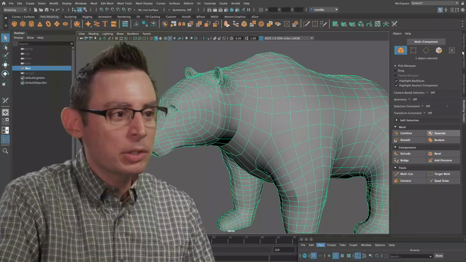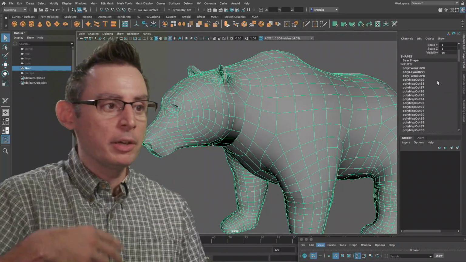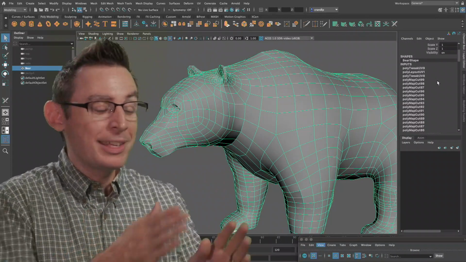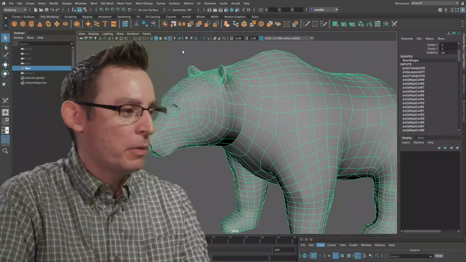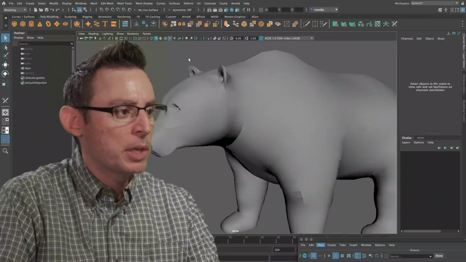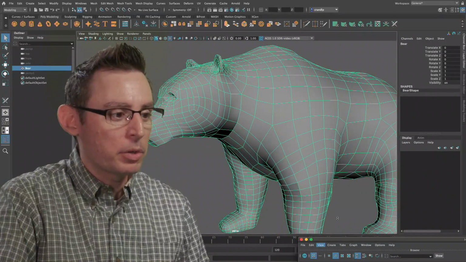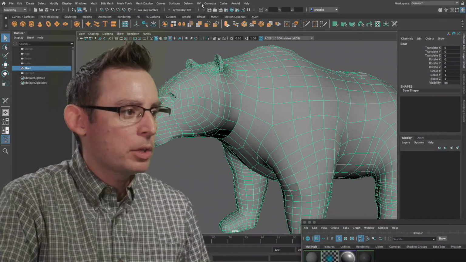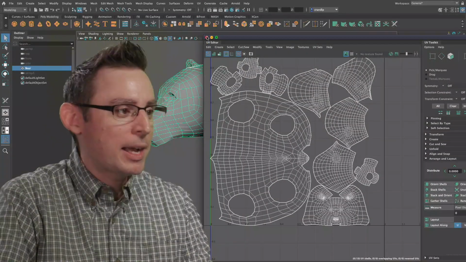First and foremost, let's look at the channel box. And you can see we have a lot of object history in here. Every time that we've gone in and we've tweaked or created any of our UVs, it's saved that object history on the object itself. So that's a good time to get rid of all of this. We're done with the creating of our UVs, so we can delete our history, freeze the transforms, and know that we're still in a good situation. Don't worry, all the UVs are still there. If we were to go back into our UV editor, you'll see that nothing's gone. It's all still there. So deleting your history is not going to delete your UVs.